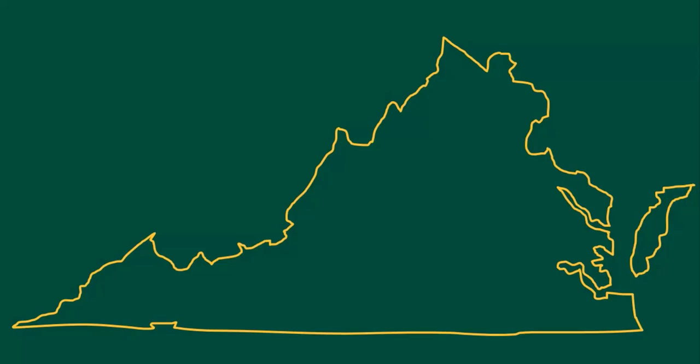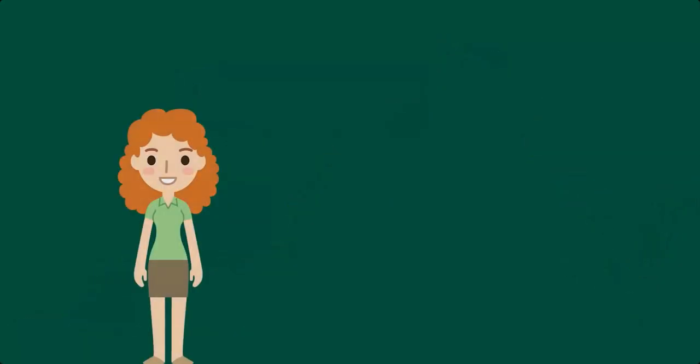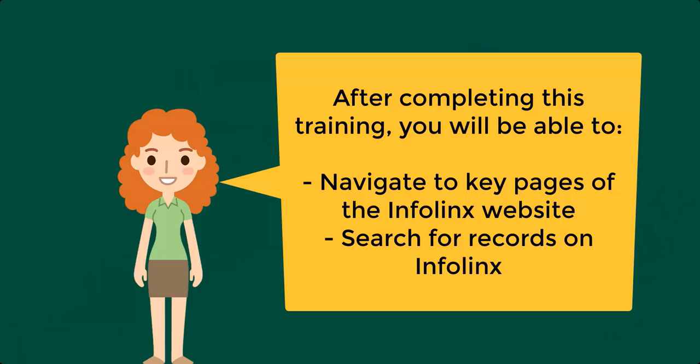Welcome to the University Records Management training on navigating Infolinx. Infolinx is George Mason University's system for managing and tracking the life cycle of official paper and electronic records. After completing this training, you will be able to navigate to key pages on the Infolinx website and search for